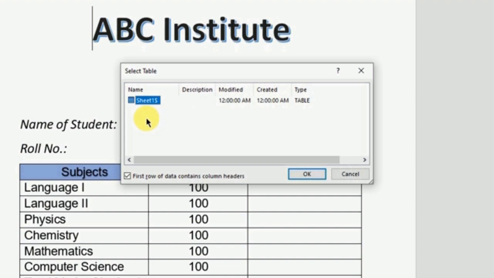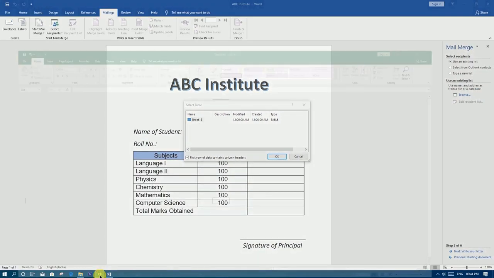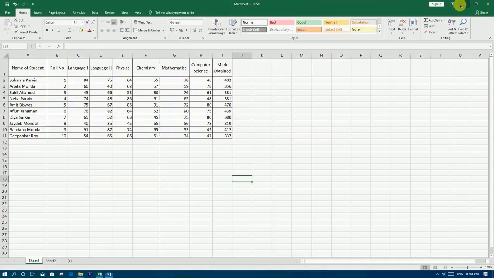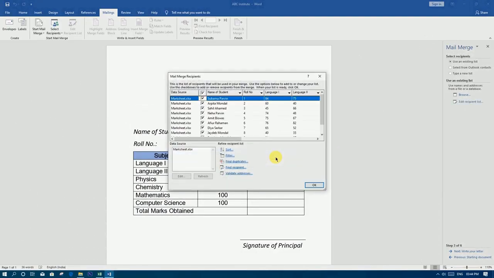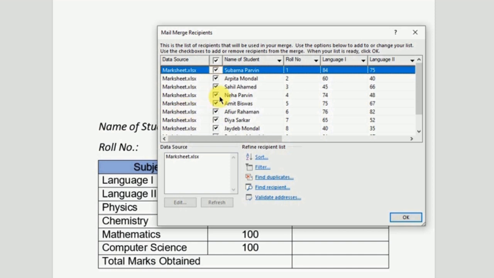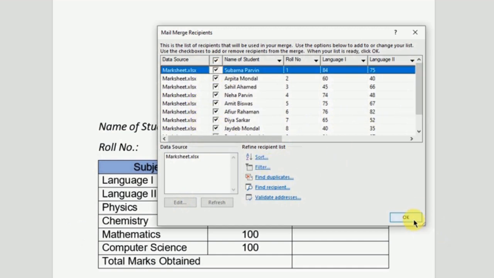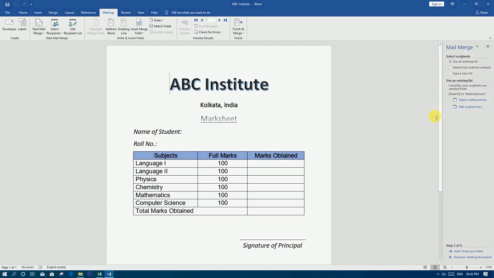Here you can see Sheet 1. I have created only Sheet 1 in the Excel file. So okay. Then you can see all the records which I have typed in the Excel file. Okay. Next, name of a student, click here,